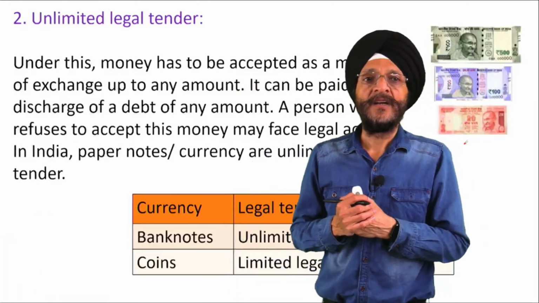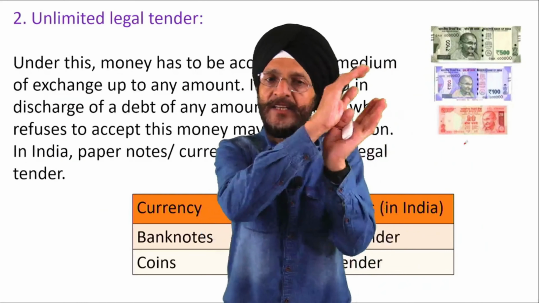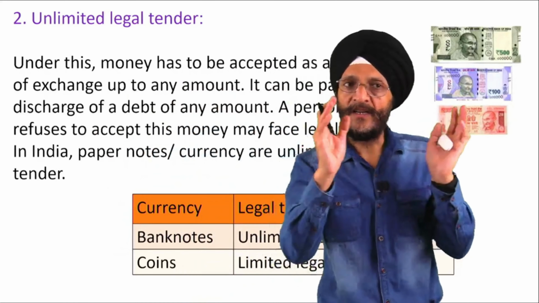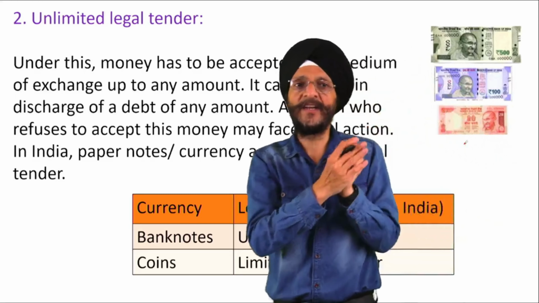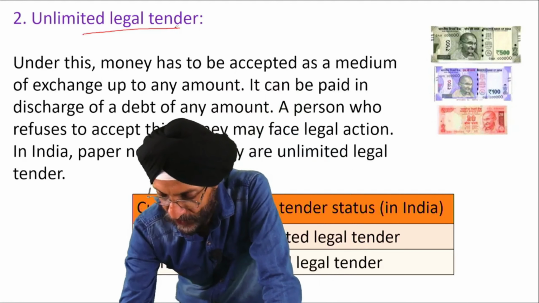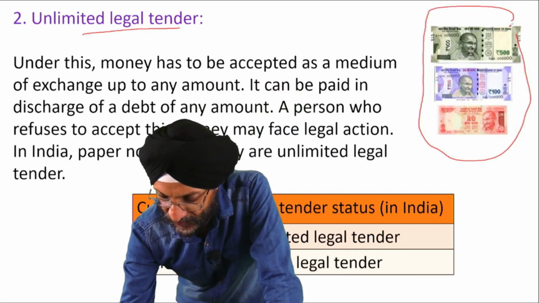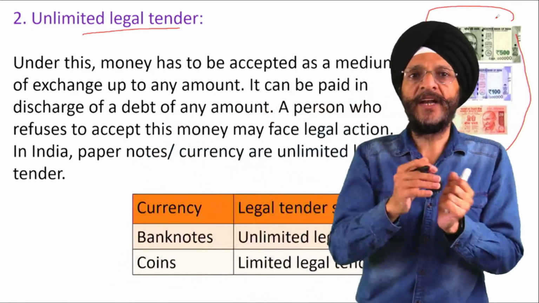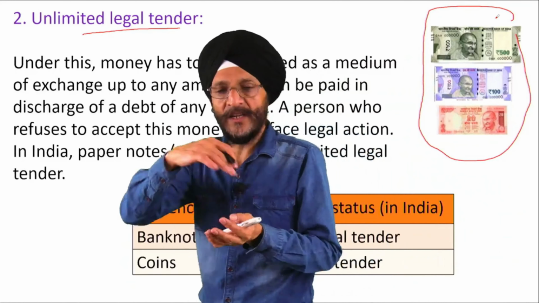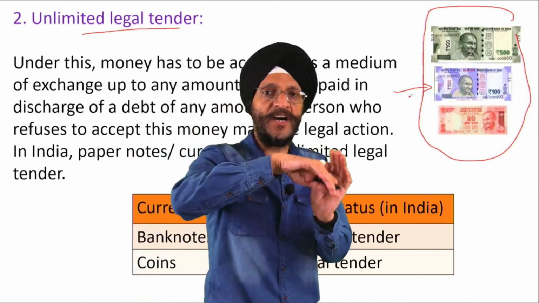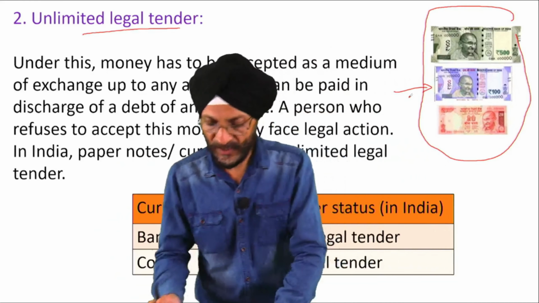Next is unlimited legal tender. We have learnt that legal tender is of two types: limited legal tender and unlimited legal tender. Limited legal tender we have already read. Now we will read unlimited legal tender. Here we have before us currency notes of different denominations which are used in India. There are other currency notes also in India. Here we are just giving the example of a few currency notes which are used in India, and these are